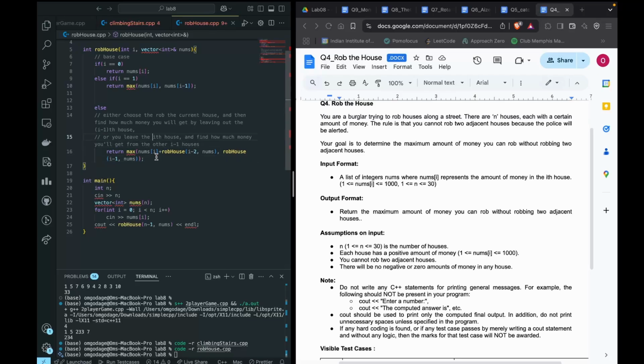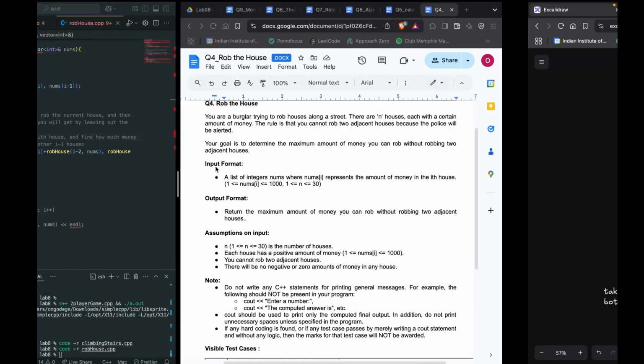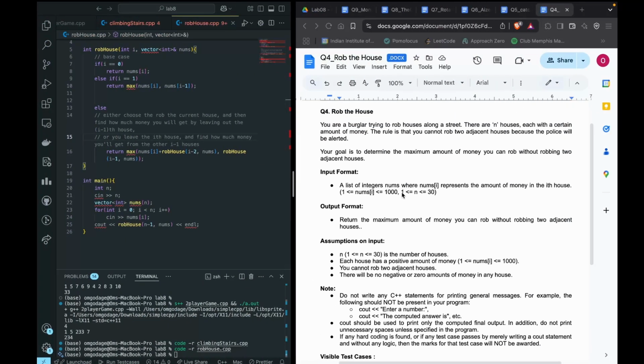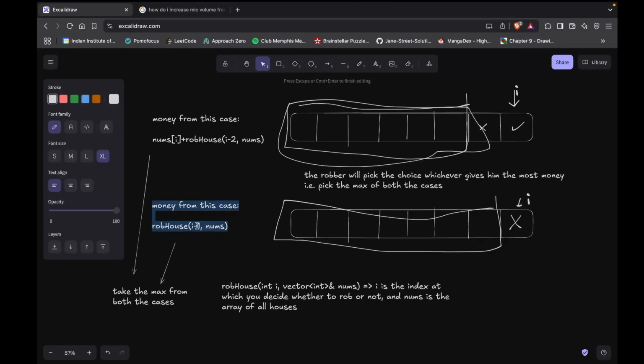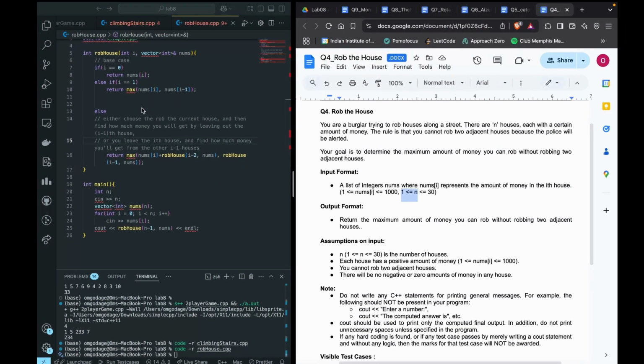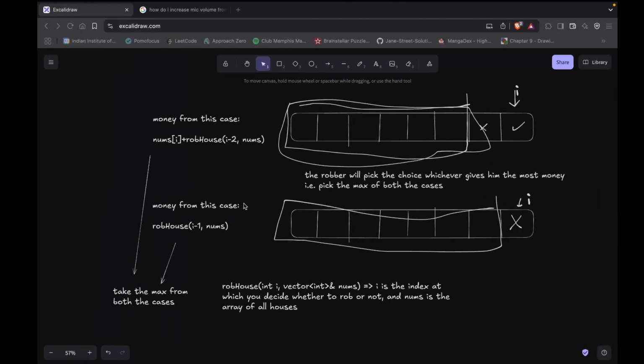Okay, this is the recursive step. Now in our question, n starts from 1. So if you put n as 1 in any of these cases, you will see this will go to 0 and this will go to minus 1, and both of these are invalid recursive calls. So this suggests that you need a base case for n equals 1,